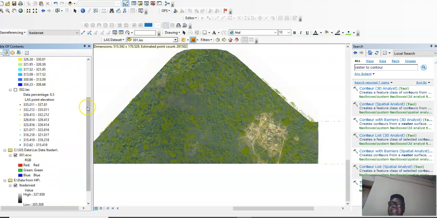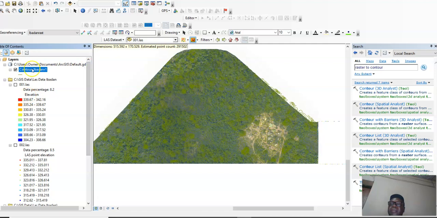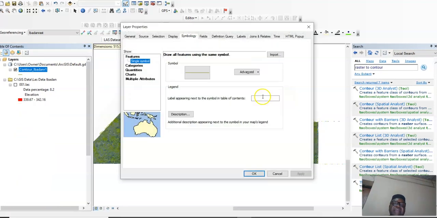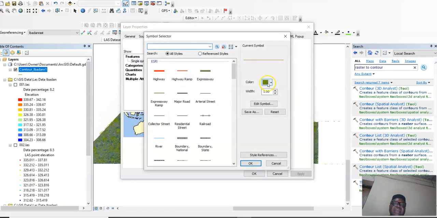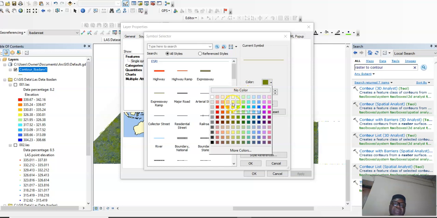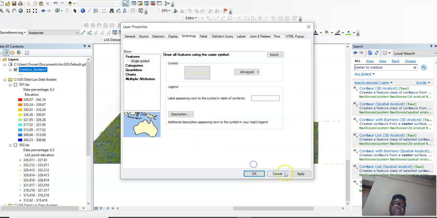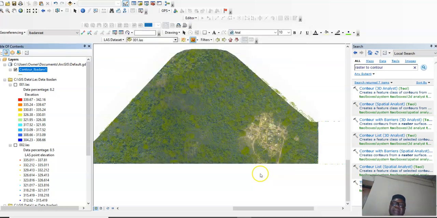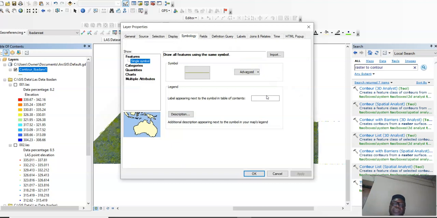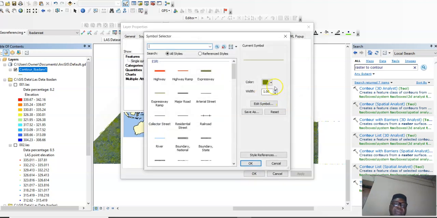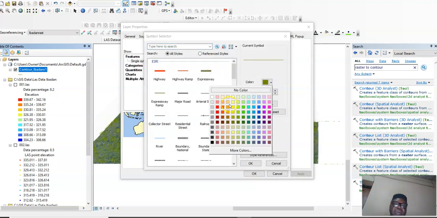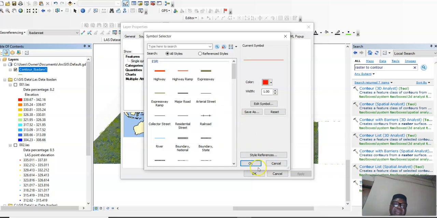Let's change the color of the contour so that we can see how we can view the contour in the elevation. Let's make our contour yellow so that it can come out clearly, or let's make it red.